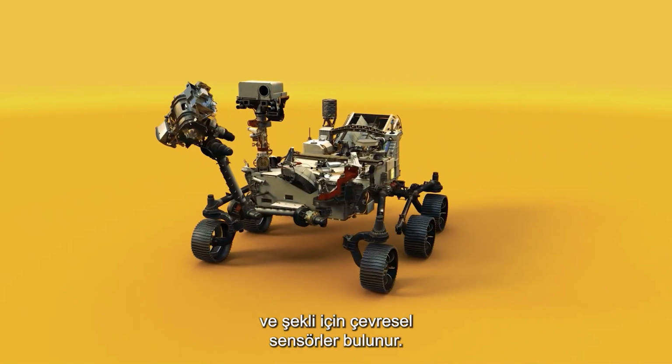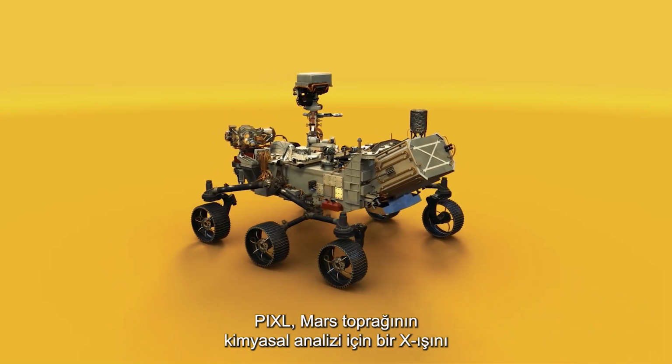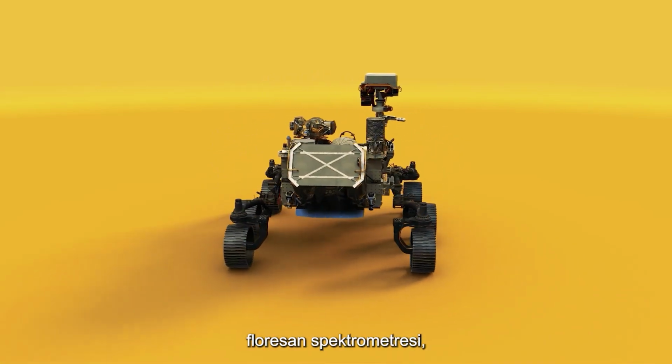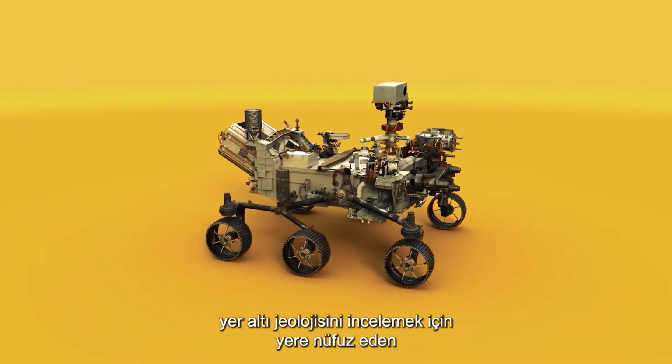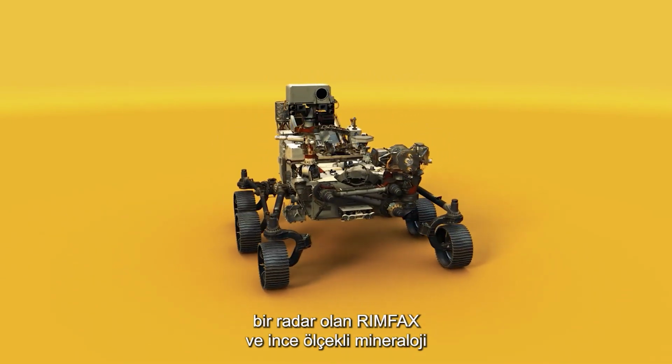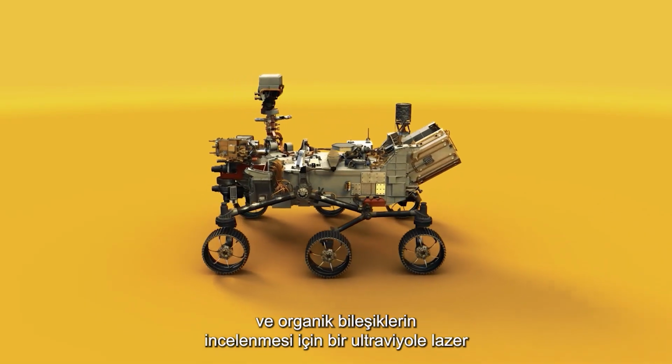pressure, humidity and dust particle size and shape. PIXL is an X-ray fluorescence spectrometer for chemical analysis of Martian soil. RIMFAX, a ground-penetrating radar to study subsurface geology, and SHERLOC, an ultraviolet laser spectrometer for the study of fine-scale mineralogy